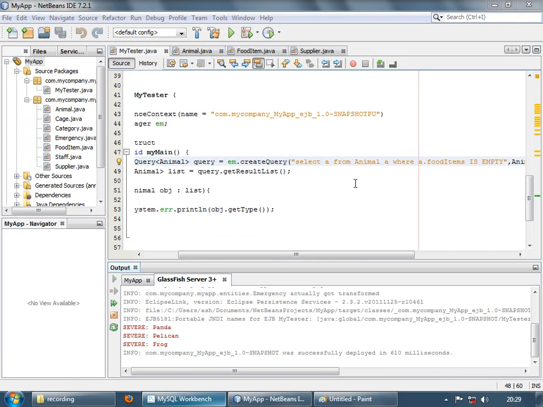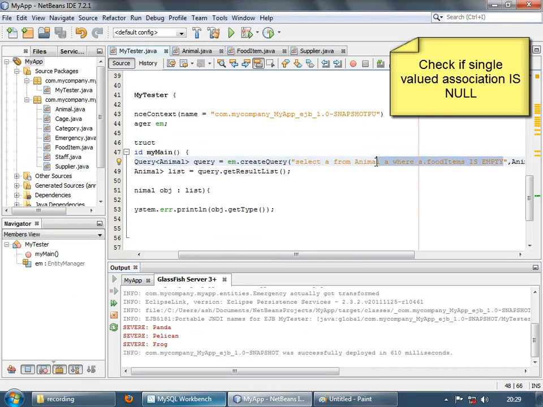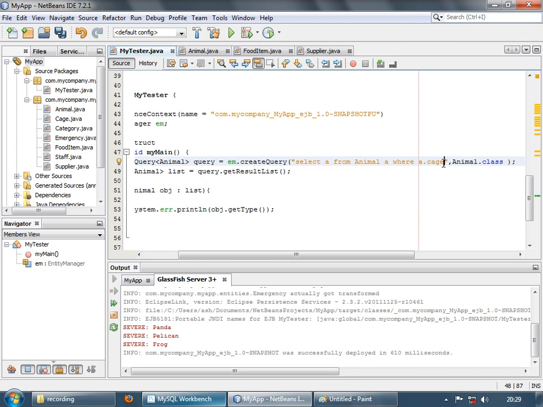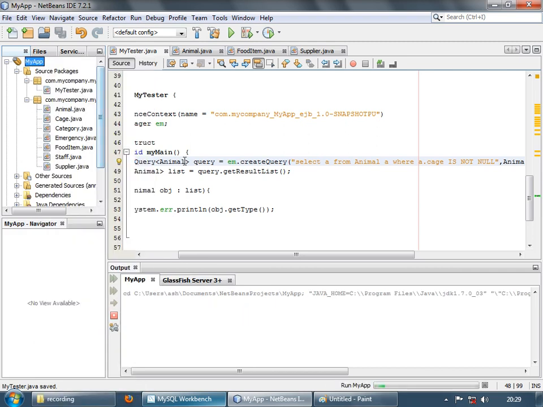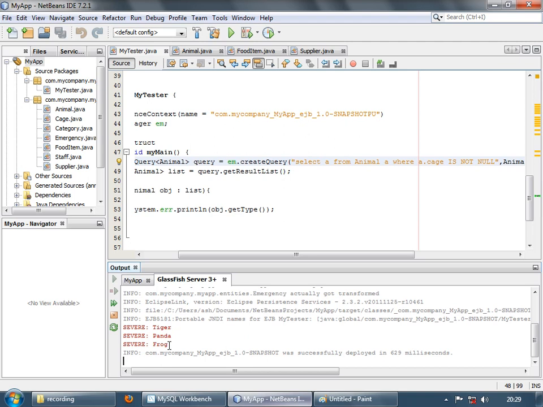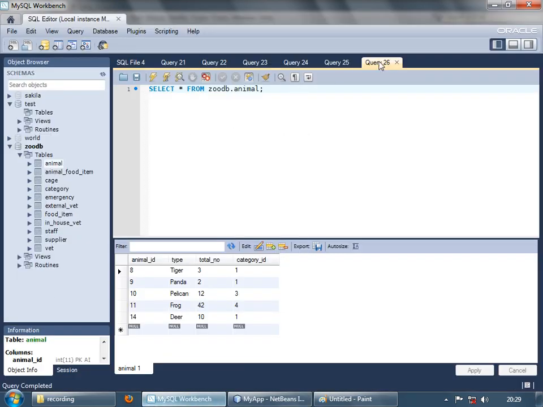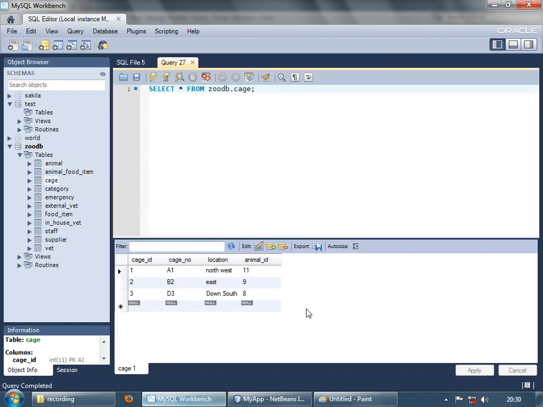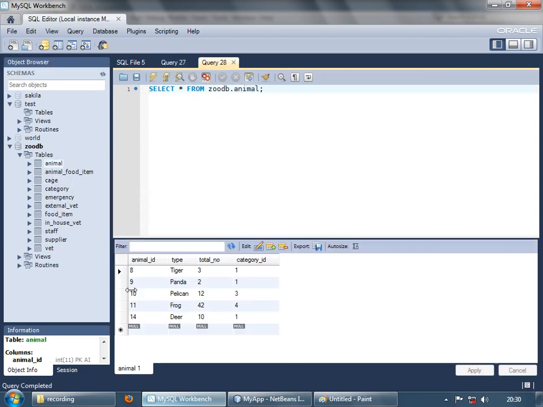Now let's check some animals for whom cages have been assigned. So let's delete this query. Select A from animal A, where A dot cage. Since it's a single valued association, we'll use is null or is not null. So let's use is not null. Let's save and run this example. And here's the output. So tiger, panda and frog are in cages. So let's see the cage. So only 8, 9 and 11 are in cages, and 8, 9 and 11 are tiger, panda and